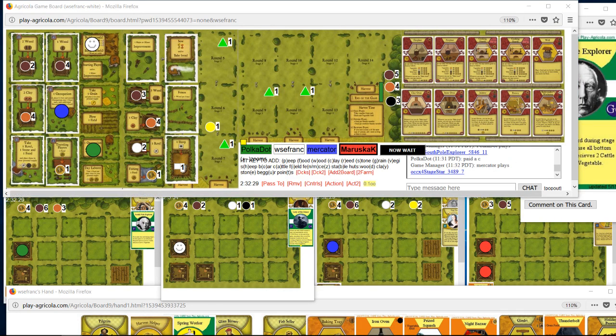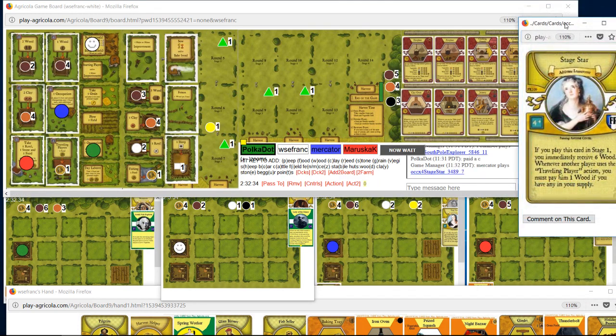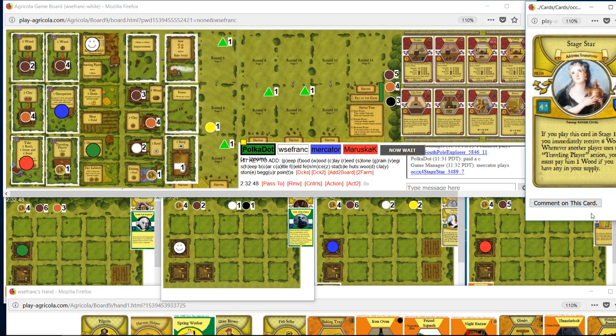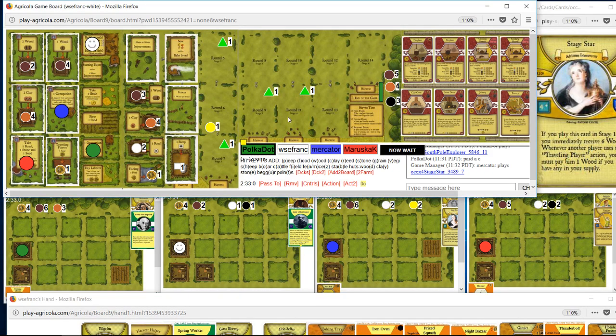Stage star from Mercator. I guess I can close this so that that card can always be visible. And then if anyone watching wants to read, you can see the card. I don't love that it covers up stuff for me, but I could do it that way. Yeah, that works okay. Because I know for sure anyone watching this that doesn't play on the site, like half the cards are just totally brand new. And even some of the base game cards, if you're not that experienced, you don't necessarily have memorized. So